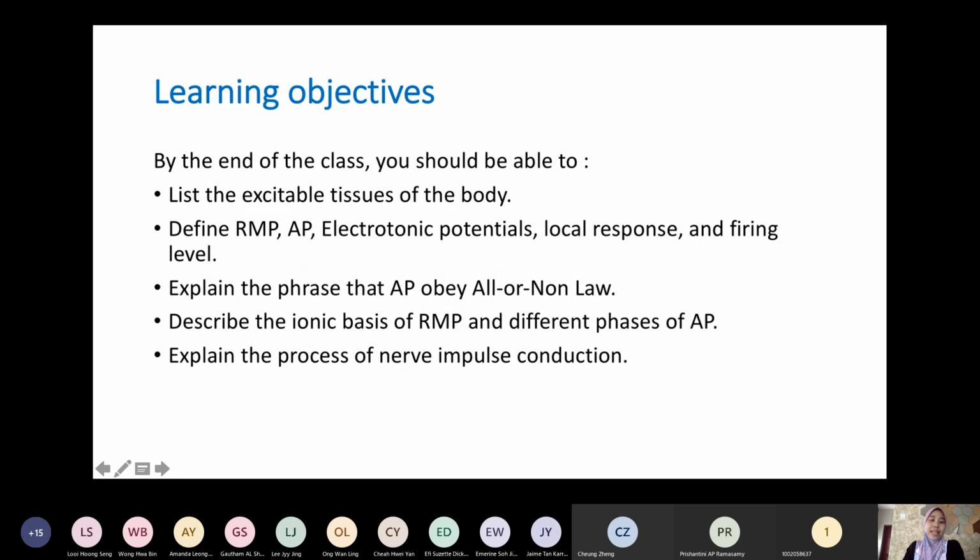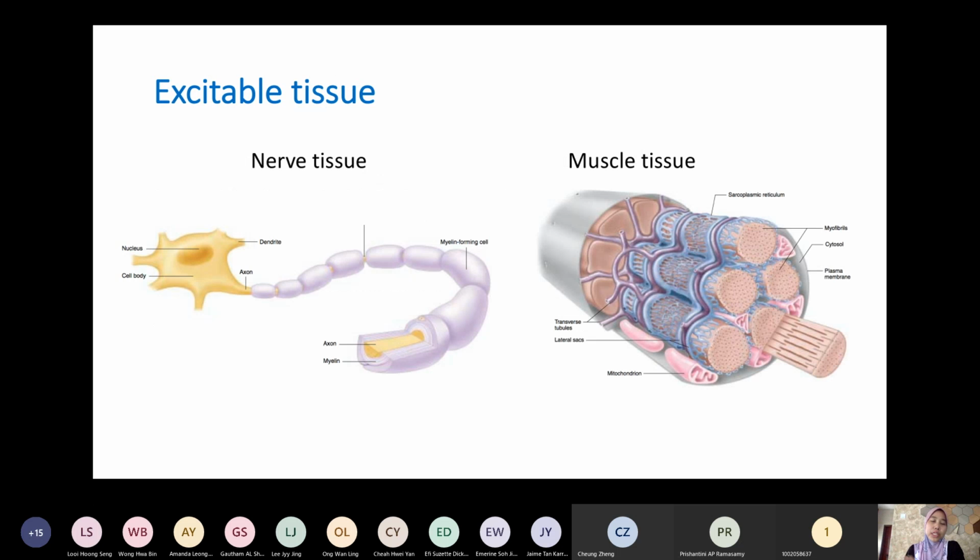And then the last one is to explain the process of the nerve impulse conduction. So how the nerve sends the information, when the nerve has been excited, how the information has been sent. And this information is sent as electrical potentials, or specifically we call it impulse conduction. So this electrical current, we call it an impulse. So when the question comes out, either you answer it as the electrical current, or you answer it as the impulse generation. It's just the same meaning. But specifically, we know it as the impulse potentials or the impulse conductions.